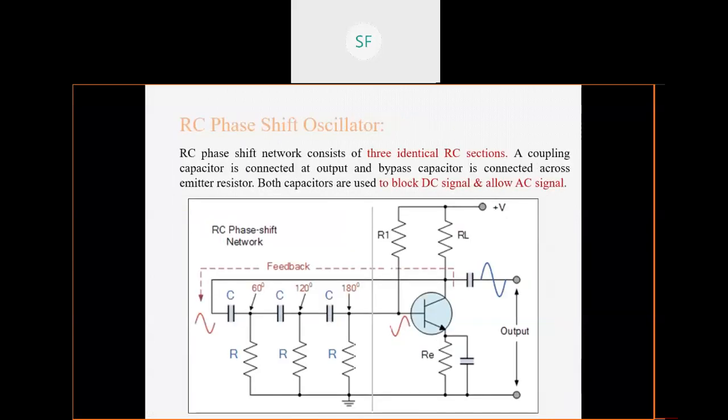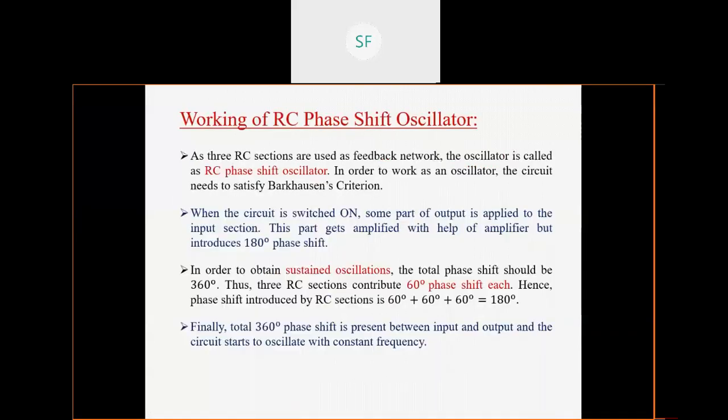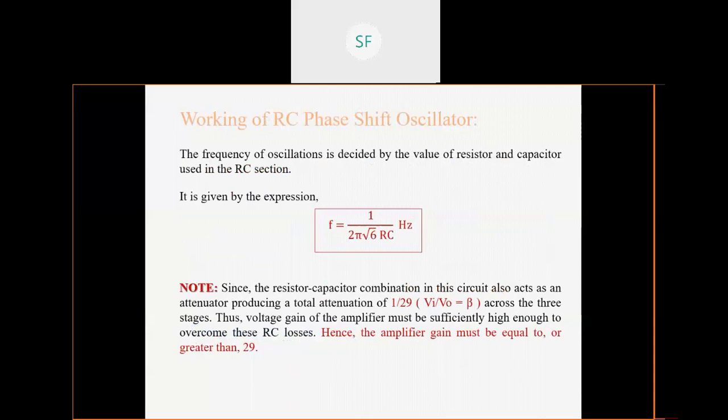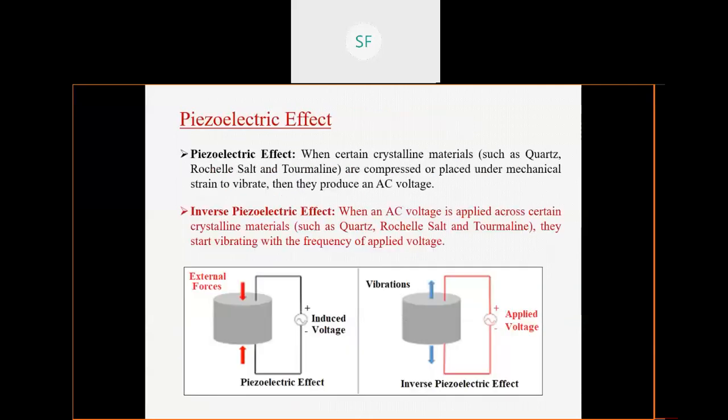So from the discussion so far, we have understood that oscillators are nothing but electronic devices or electronic circuits which will give you sinusoidal oscillations at the output, right? The main function of an oscillator is to convert DC power into AC oscillations. So these 2 points you should remember.